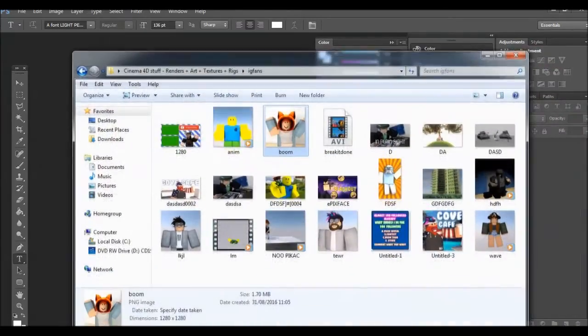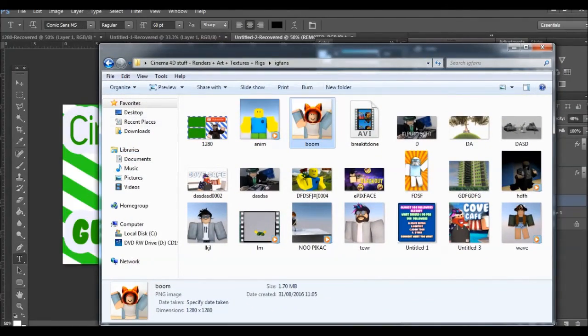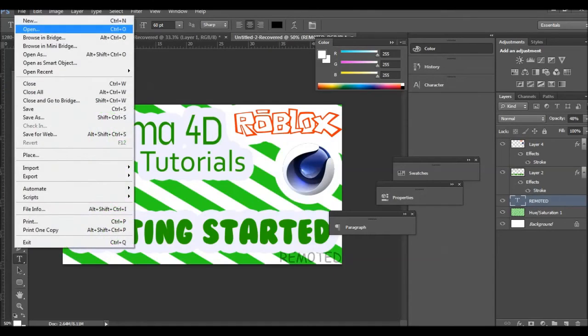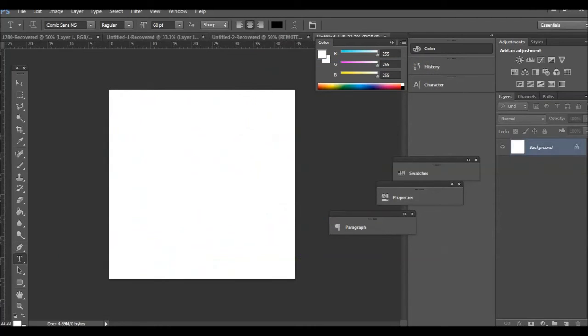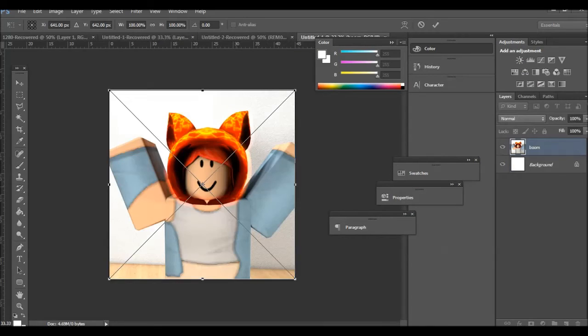Now we'll just wait for Photoshop. I always have like all this stuff open on it, so yeah. Open it, 1280 by 1280, and then just drag it in. Okay.